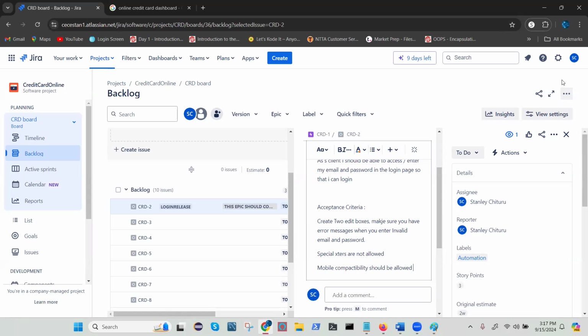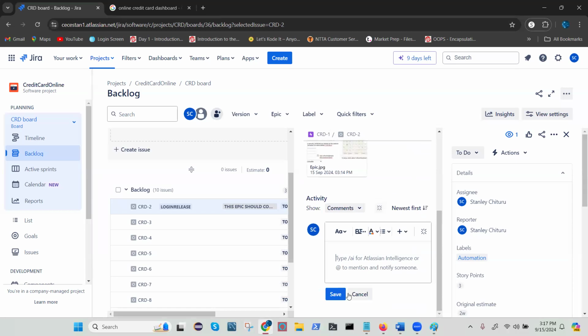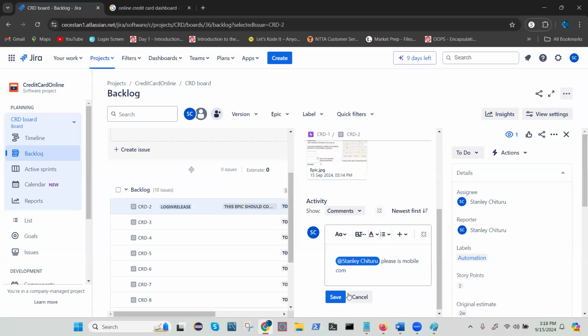So in that case, here you can add maybe the test architecture that is on mobile automation, maybe it's on leave or anything. So if the acceptance criteria is that mobile compatibility should be allowed, then you can reach out to your test architecture right here. You can say at standing, the test architect. You can say please, is mobile compatibility